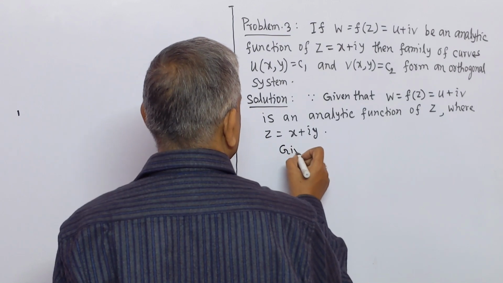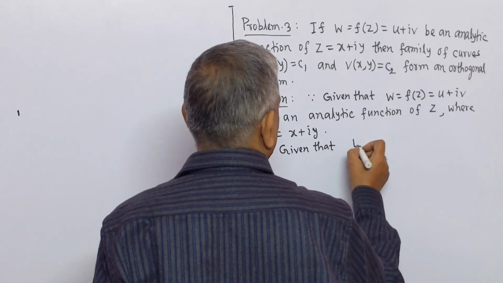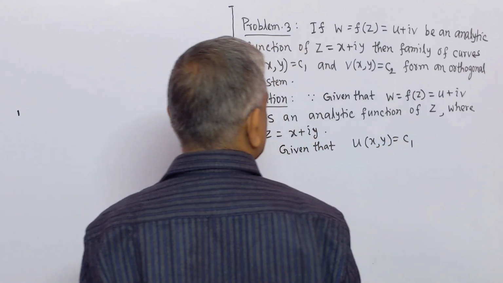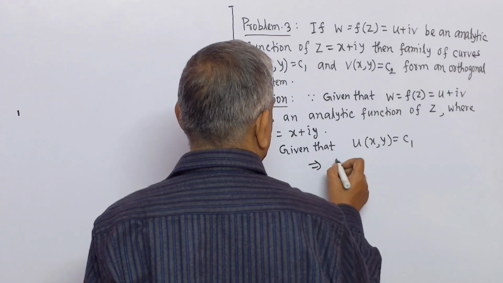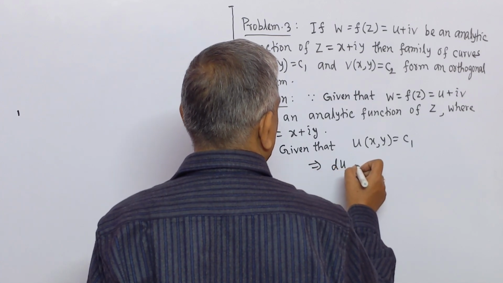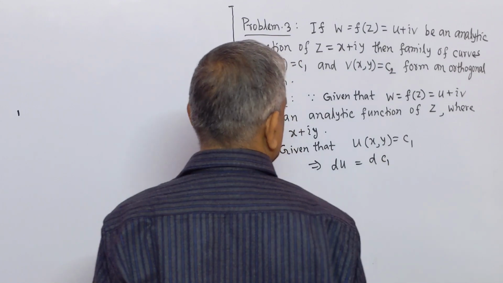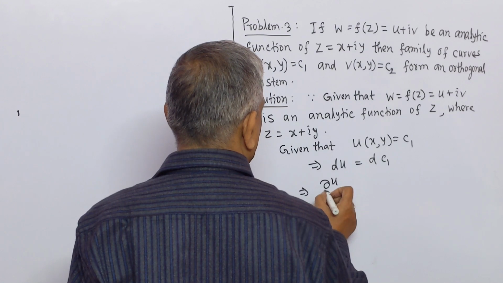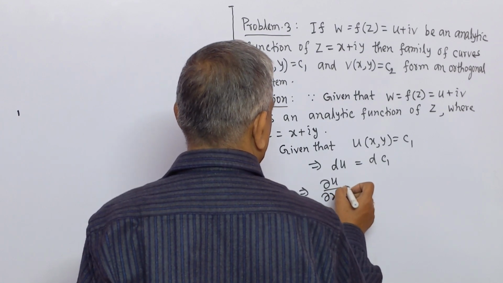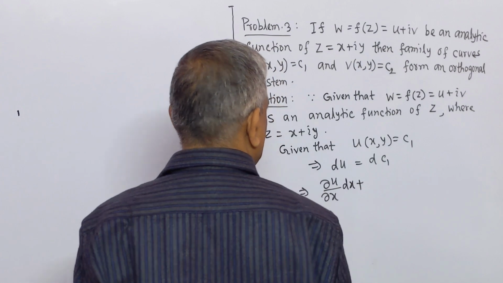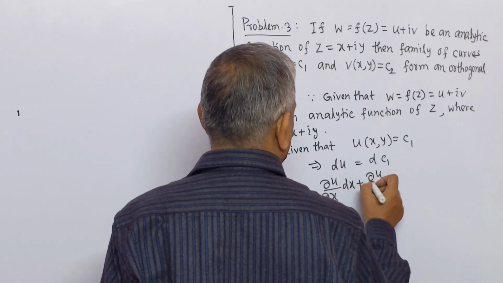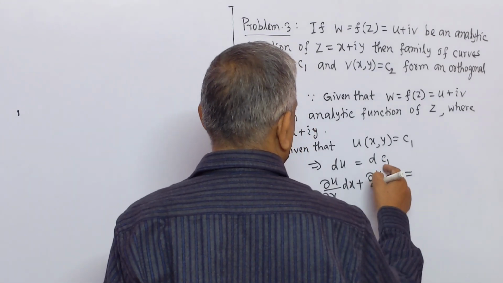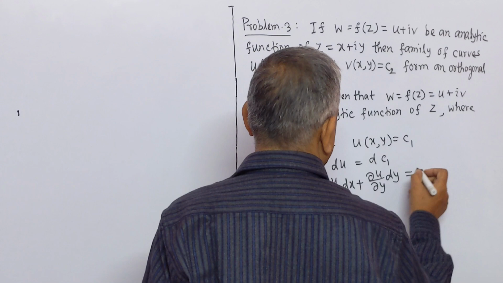Given that u(x,y) equal to c1, implies that du equal to dc1, implies that partial derivative of u with respect to x dx plus partial derivative of u with respect to y dy, and the derivative of constant is 0,